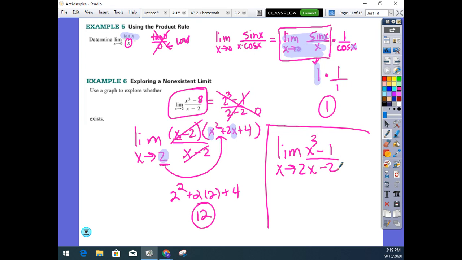I'm going to go back to the original problem now. If you go to your calculator and you put this whole thing into y1, make sure you use your fraction bar, that's green, alpha y equals, n over d, that's your numerator over denominator. Put x to the third minus 1 in the top, x minus 2 in the bottom. And this has an asymptote at x equals 2 because that makes 0 in the bottom. So we have to kind of avoid that. Then it kind of looks like this